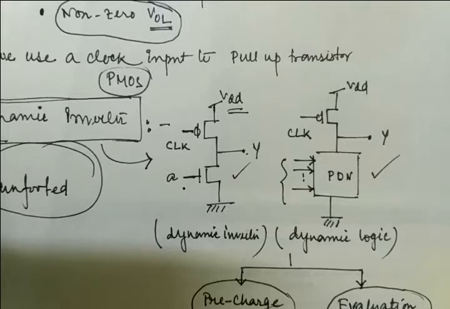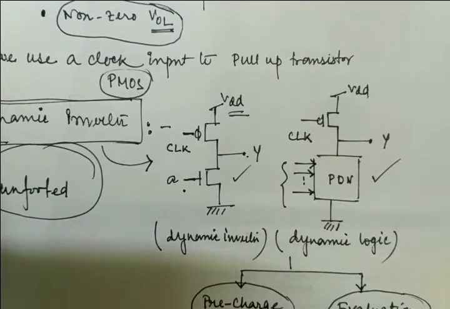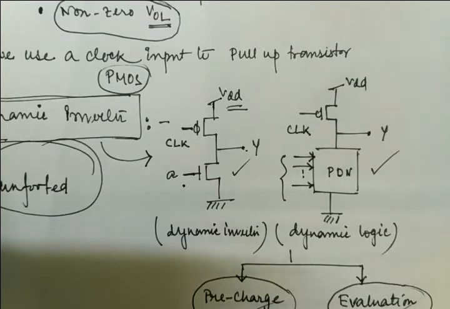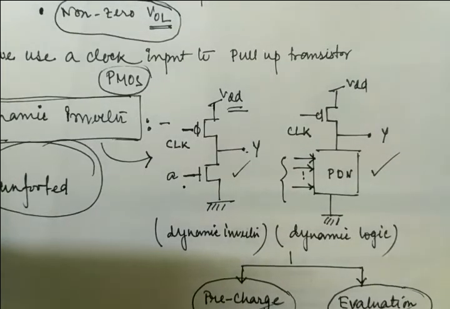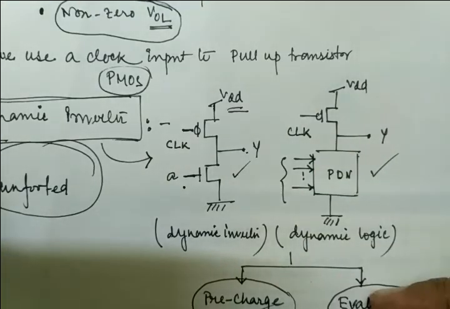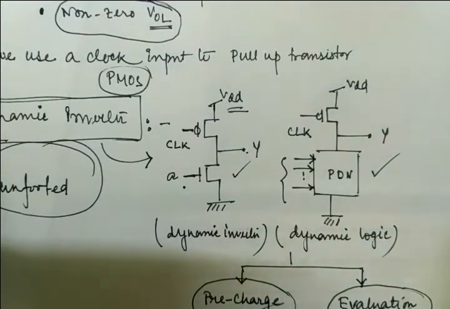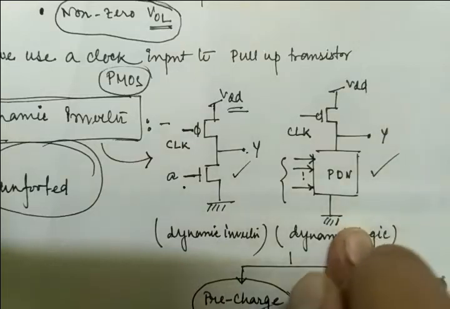Got my point? What is the difference between your static CMOS design and your dynamic CMOS design? This is a dynamic behavior. Not 1, not 0. It does not stick to 1, it does not stick to 0, but it is dynamically changing its behavior. That's why it is called the dynamic logic circuit. Again, I am discussing why it is called dynamic logic circuit.